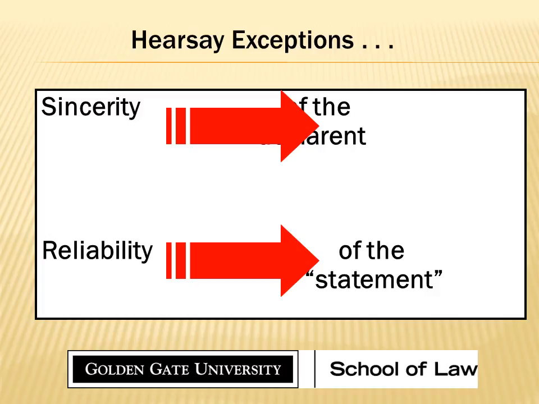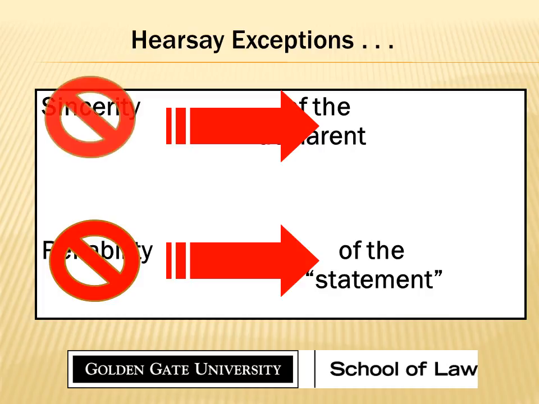But they're the rulemaker's attempt to say these situations, when statements are said in these narrow situations, circumstances of the statement, we're basically saying it's reliable enough. Regardless of what comes out, these circumstances for this out-of-court statement from this out-of-court declarant are reliable enough. And in these circumstances, we don't need to meet the declarant. We're not interested in the sincerity of the declarant. It can be inferred from